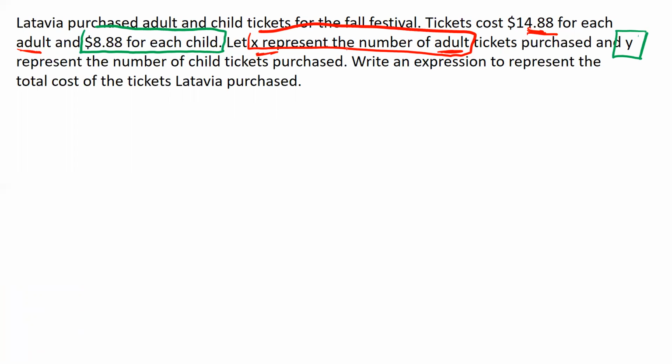Write an expression to represent the total cost of tickets. So we don't have a variable to represent the total cost, but we know that each adult ticket was $14.88. We don't know how many adult tickets were purchased, but however many was purchased, we would multiply each number times the price. That wasn't all that was purchased. We also bought children's tickets. Well, we don't know how many tickets were purchased, but we do know,